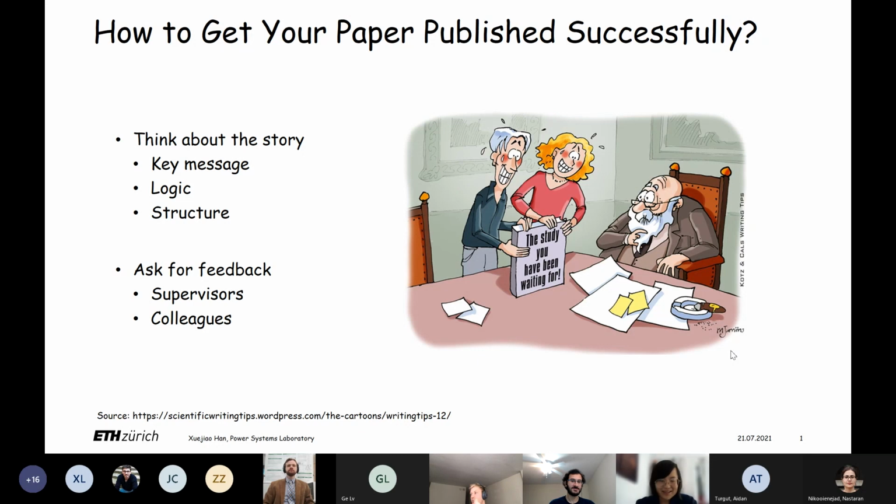I first discussed the paper with my colleague, who was a PhD postdoc at that time, and he has much more experience than I do. So he provided me a lot of good feedback, also in terms of writing, and the way to present the results and the method. And then I also sent it to my supervisor, and I remember for the first paper I wrote, there were more than 10 rounds of